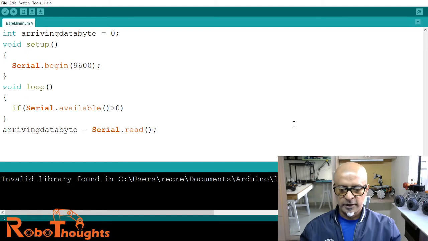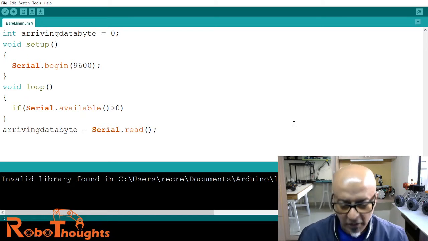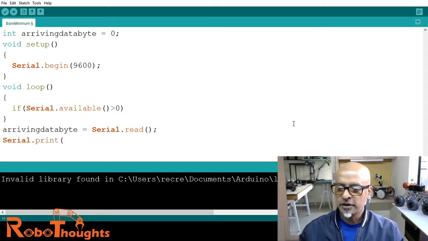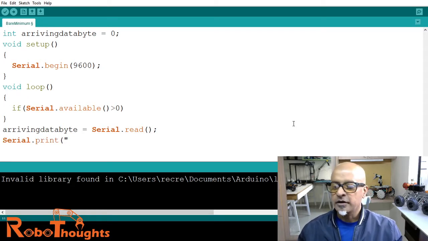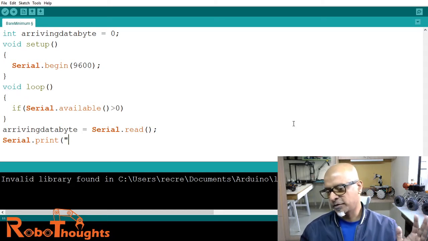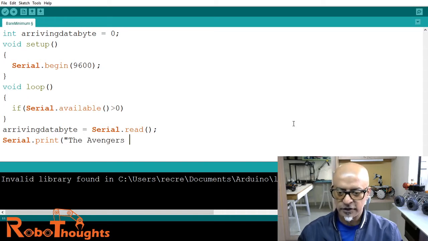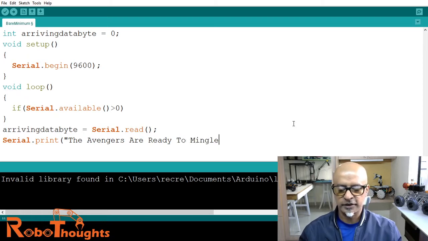Semicolon, and then what we need to do, this will basically read the incoming or arriving data byte. All right, and then we will print with Serial.print. How do we print? We will print say anything. You can put any kind of string inside, guys. It will print. So say the Avengers are ready to mingle, like this,